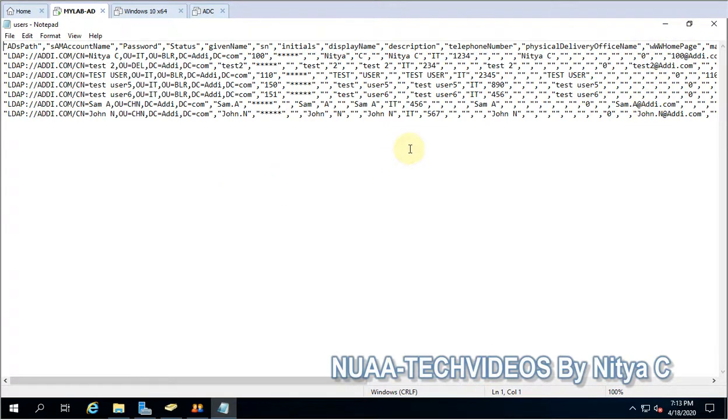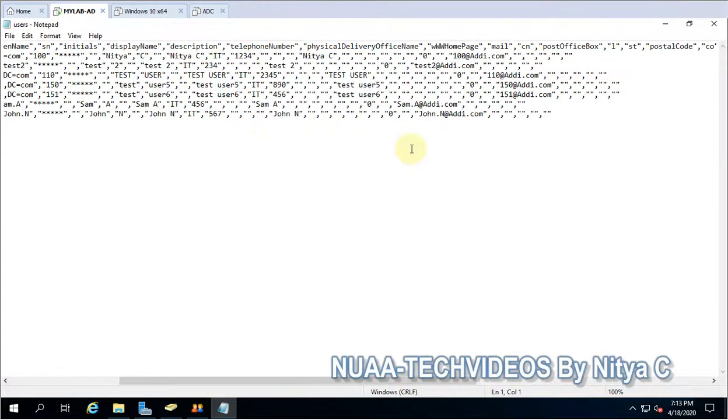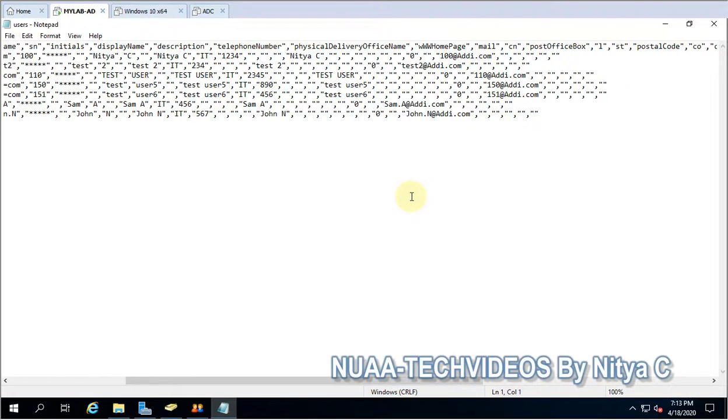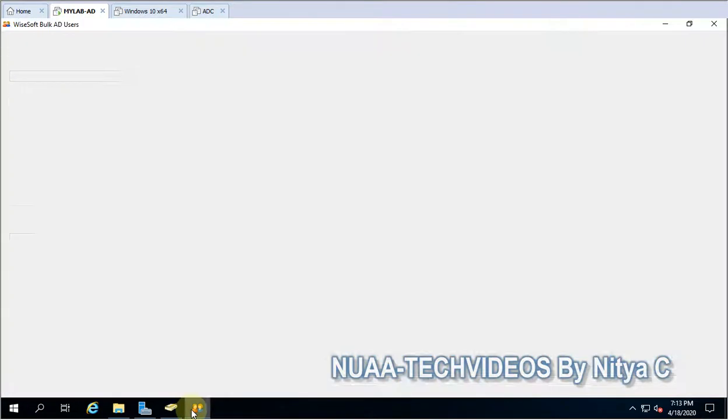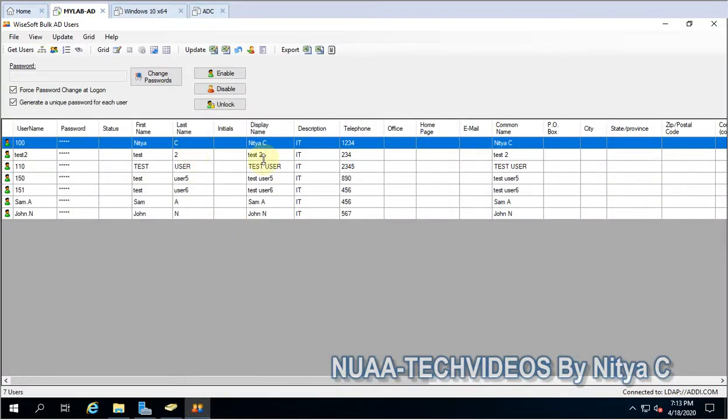And once you have that CSV with the updated values, then you can put the same file to any location or any shared location. And how to modify, let me show you.